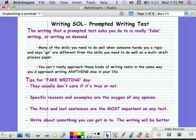Tonight's video is going to look at some strategies for taking the SOL that's coming up in about 10 days. The test is divided into two parts. The first day will be a multiple choice, and we'll talk more about that later. But tonight I want to talk a little bit about strategies for taking the prompted writing test. We're going to work on this over the course of the next few days in class. Tonight I want to give you an overview of the strategies, take some good notes, and then we'll talk more